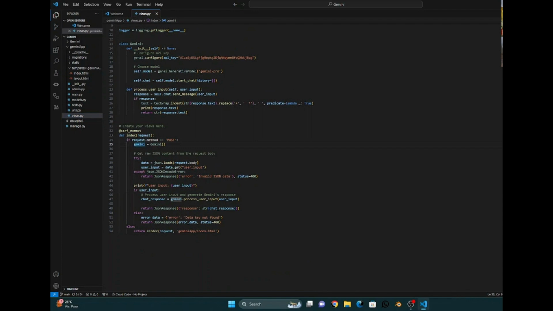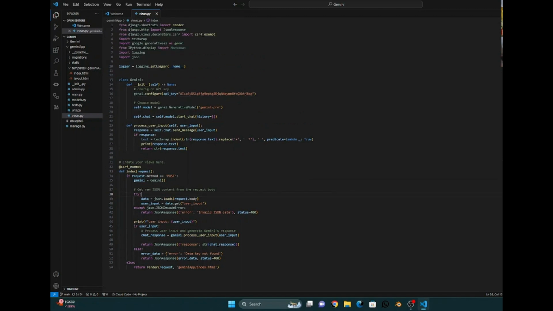request, so it just tries to load the data, and then the user input, we get the data, and if there is a JSON decode error, then it just sends back an error: invalid JSON data and a status 400, which means error. And if there is user input, then there's good news. It just sends it to process the user input in the Gemini class, and here,